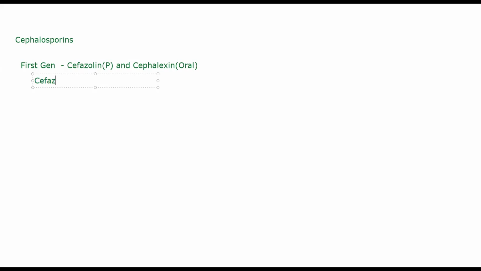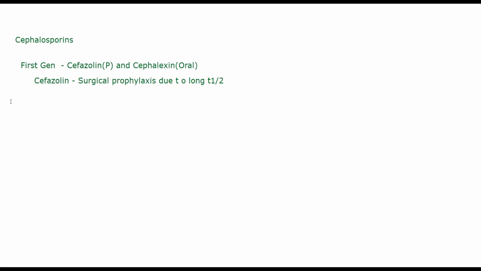So cefazolin is used for surgical prophylaxis due to its long half-life. Another thing is that it has very good penetrability in tissues. Cefazolin has very good tissue penetrability. As such, first generation cephalosporins will affect streptococci, staphylococci, E. coli, Klebsiella. All of them are inhibited. Cephalexin can be used orally, and it is specifically used for minor infections like abscesses, or it can also be used for cellulitis.